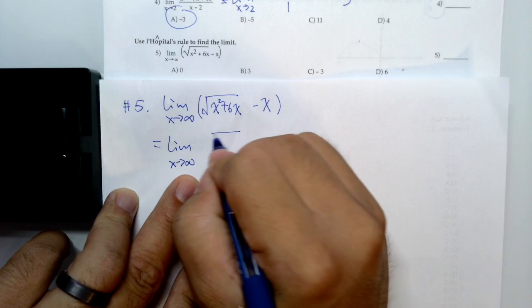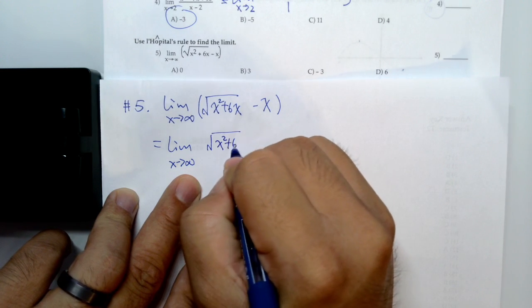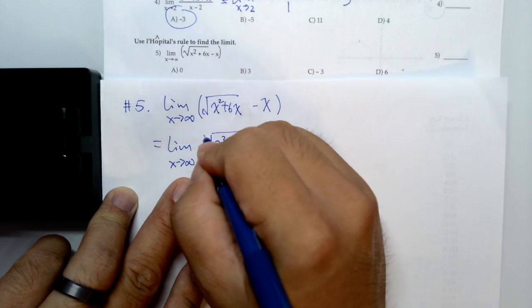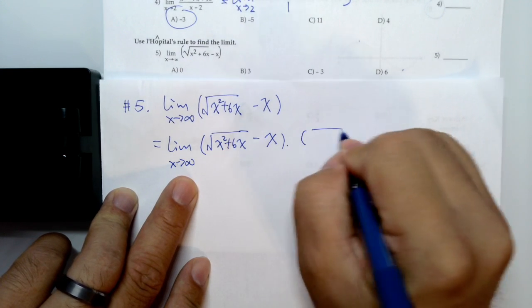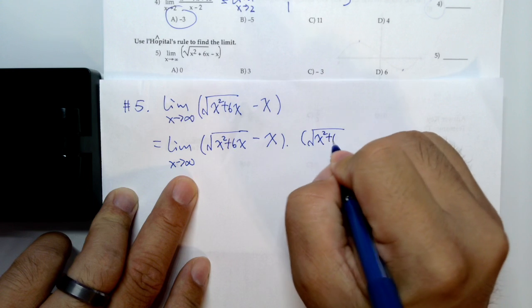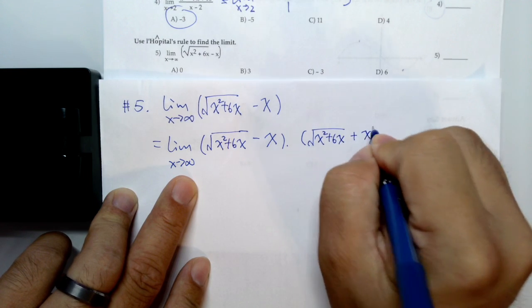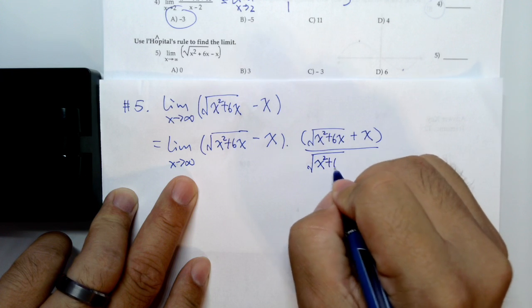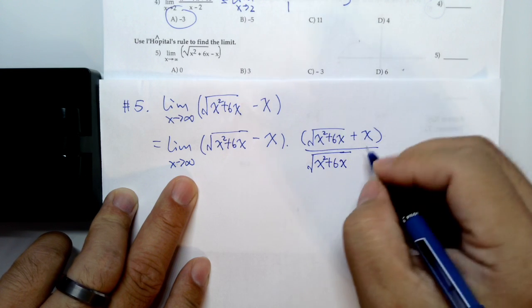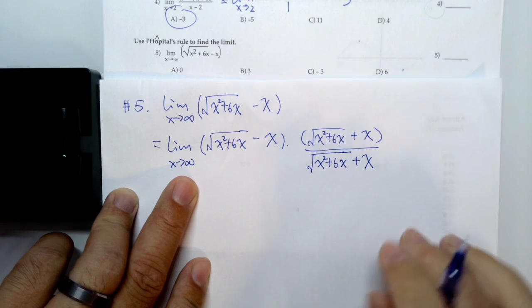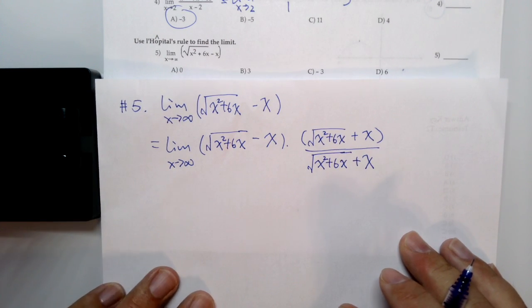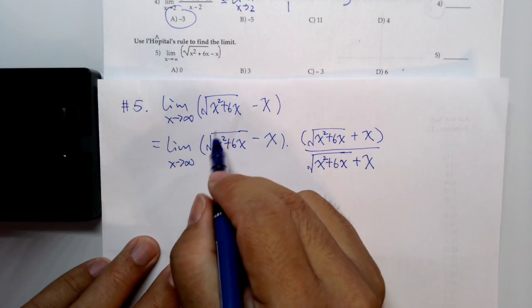We would like to multiply by its conjugate over its conjugate. And this is a common technique when we